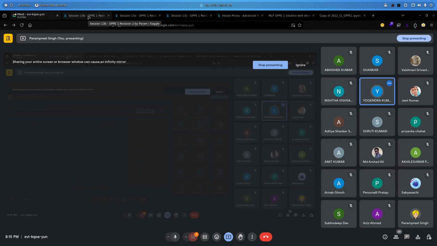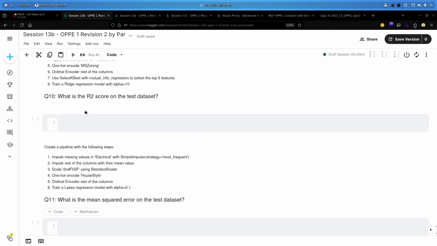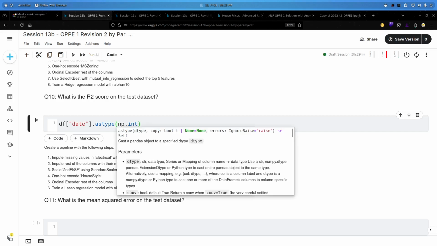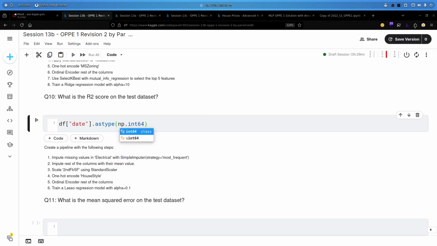Okay, what you can do is simply convert that into int. Let's suppose you have a date feature in the DF. Simply write astype and write int or np.int32 or int64. That will easily convert it into a numerical value.